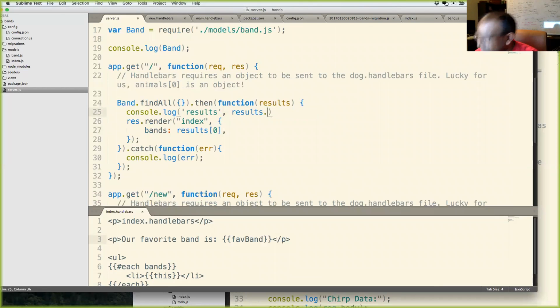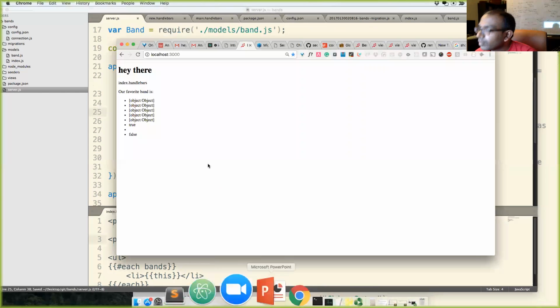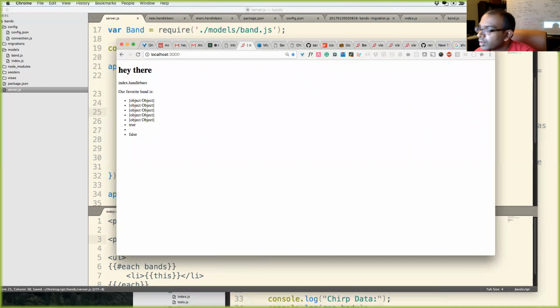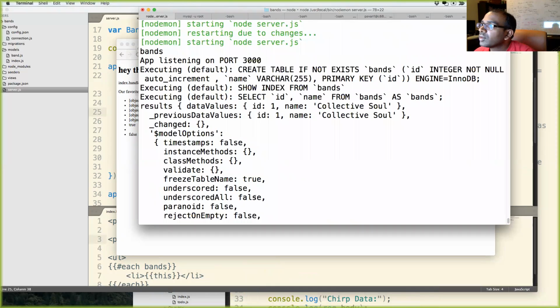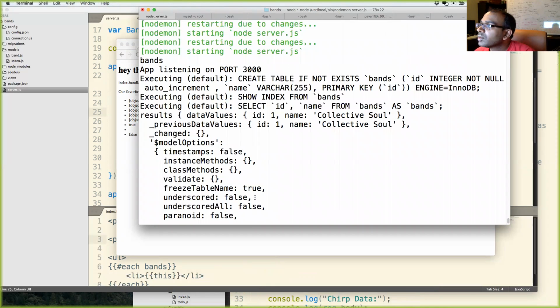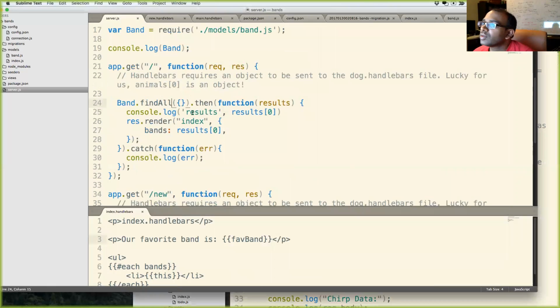So let's change this. Refresh. Take a look at server. Data values. Oh, data values is just pointing to one object. Interesting. Well, we'll just do this for now.